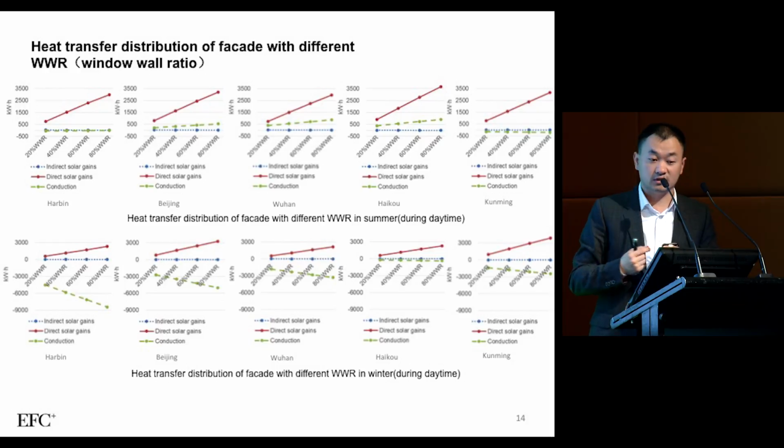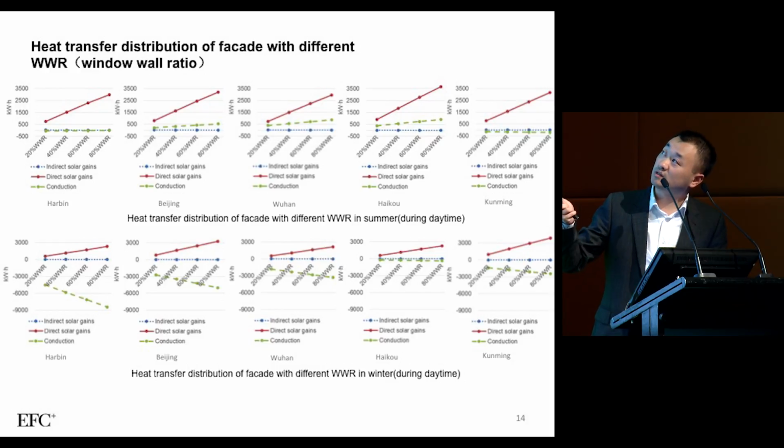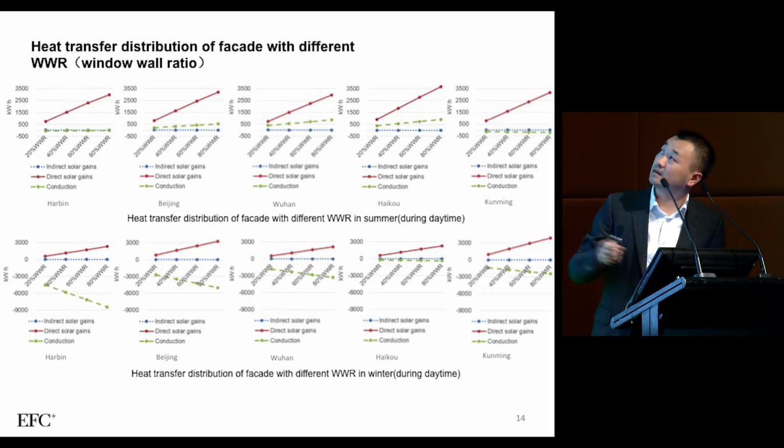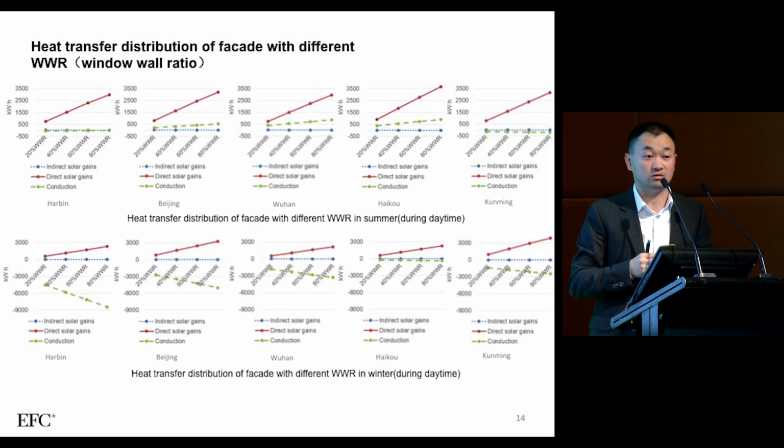And for the different window wall ratio, we can see different behavior from different cities, like Harbin. When we increase the window wall ratio to 80%, the direct solar gains increase a lot according to the increase of percentage. And also in Kunming, in Haikou, in Wuhan, in Beijing. But for the conduction, we can see different cities have different behaviors. Like we can see the Harbin and Kunming, the indirect solar gain and the conduction are very low. But in Beijing and Wuhan and Haikou, we can see different conductions. So for every different city, we need to focus on different